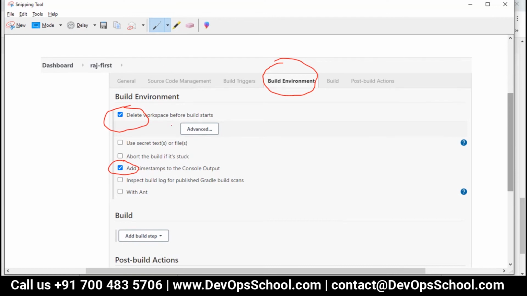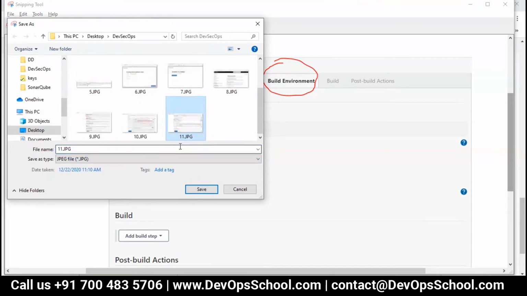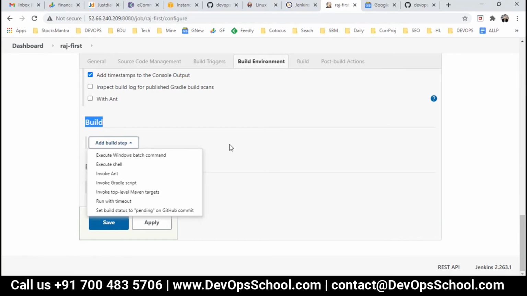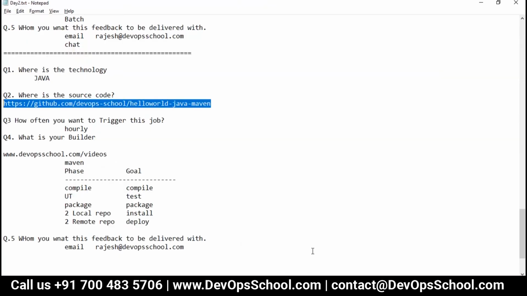Okay, so after this you have to go and select the build. In the build, look at my screen very carefully now. Here you have so many options. So which option will you select for this answer?